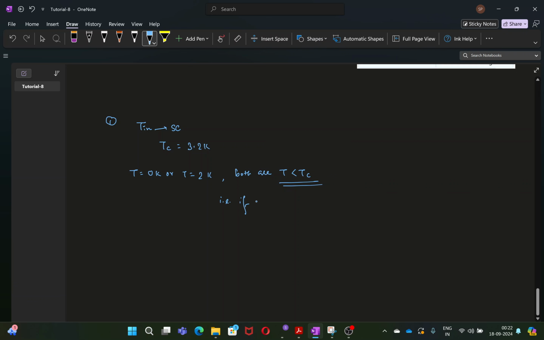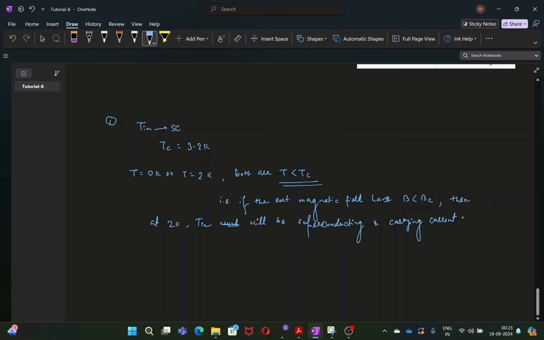That is, if the external magnetic field has B less than Bc, then at 2 Kelvin tin will be superconducting and thus carry current with 0